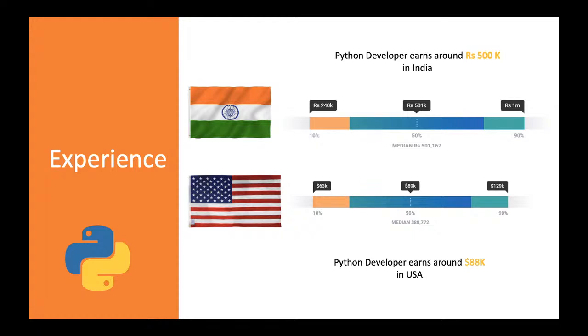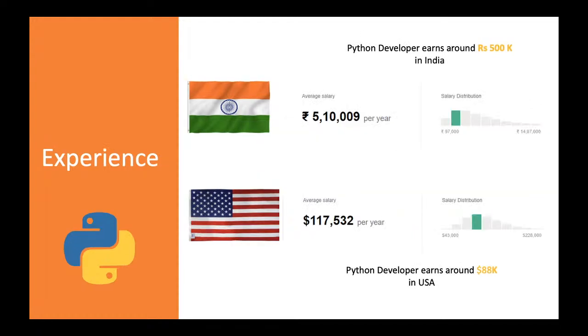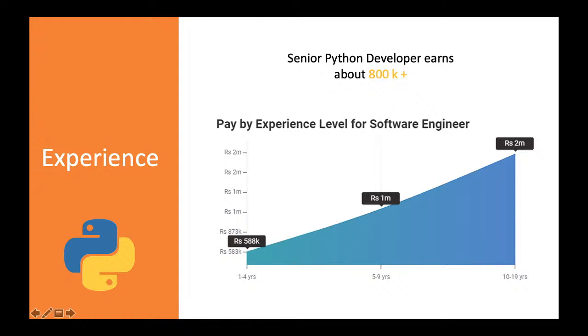So based on experience, if you have 2 to 4 years, you are going to get a salary around 500K plus, right? If you have more than 4 years of experience in the Python sector, then you will obviously get something around 1 million plus, right? So that is what you will get at the experience level. Okay. So the more the experience, the more the salary, right? That is, you can say, experience by pay, right?